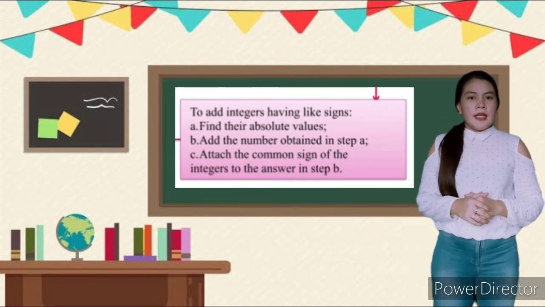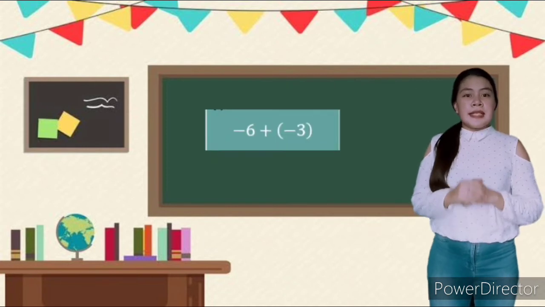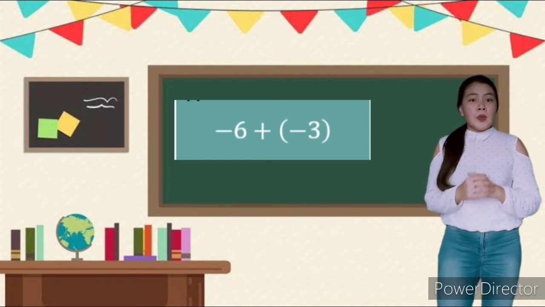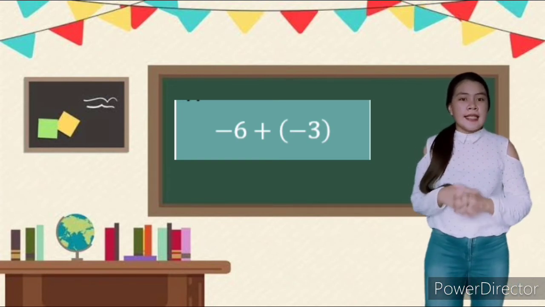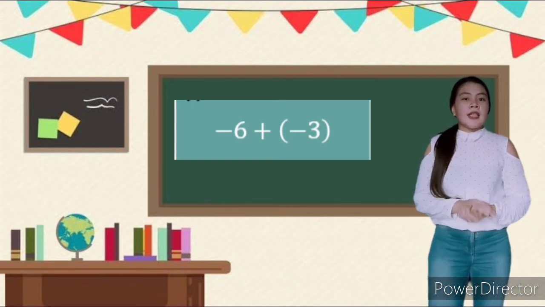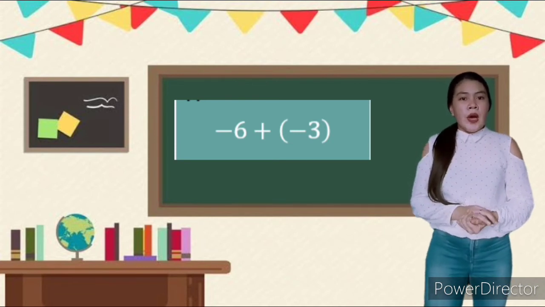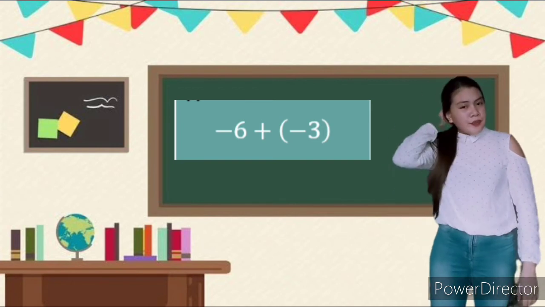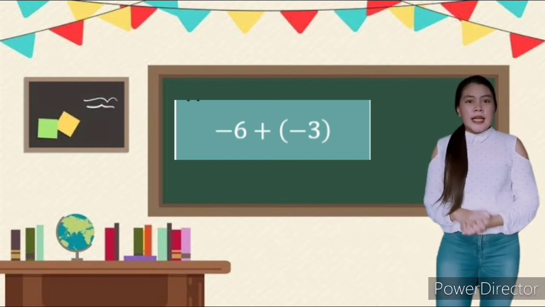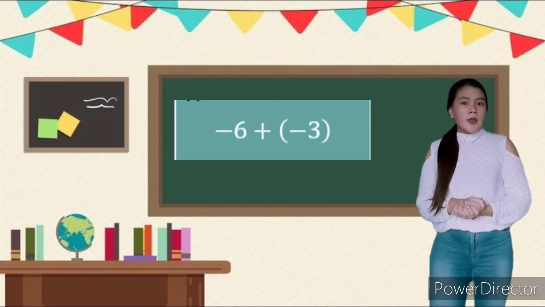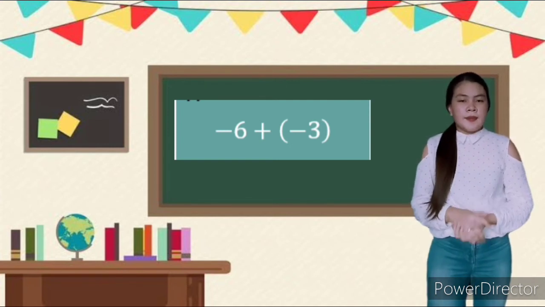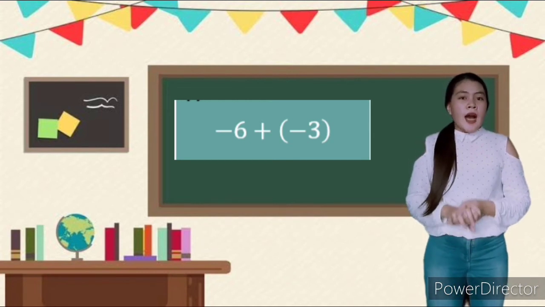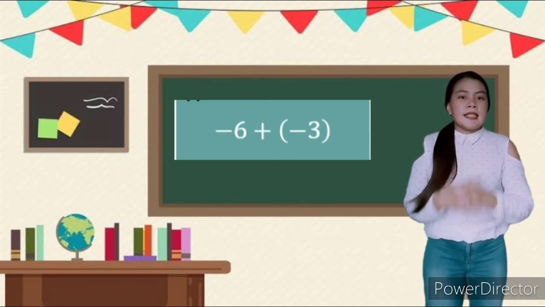Okay, example, let us add negative 6 and negative 3. According to the rules in adding integers having like signs, first is find their absolute values. So, what is the absolute value of negative 6? Okay, very good. It's 6. So, how about negative 3? Okay, it's 3. So, according to step B,